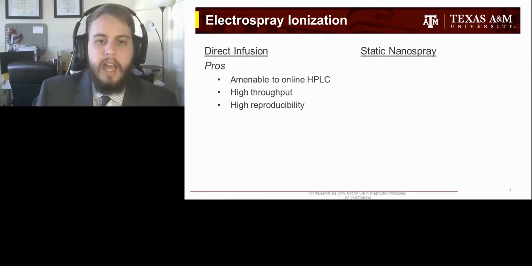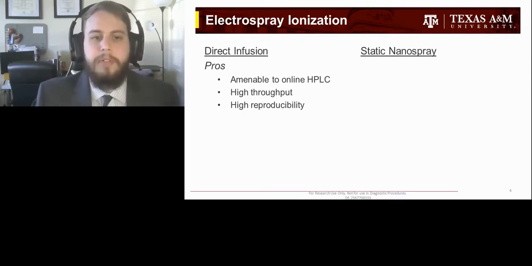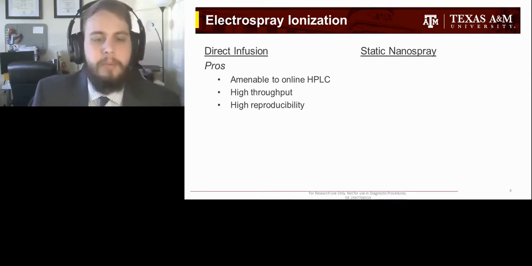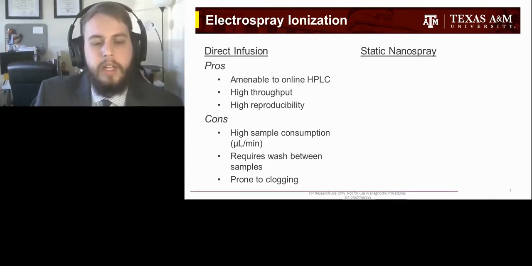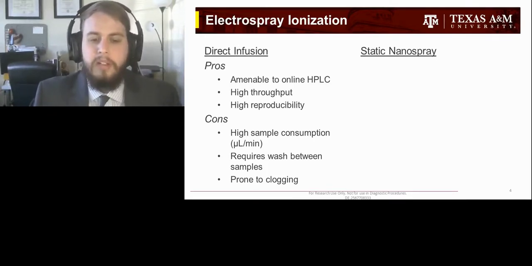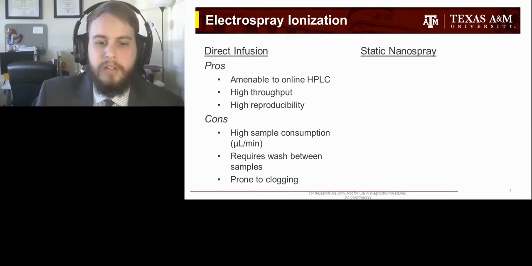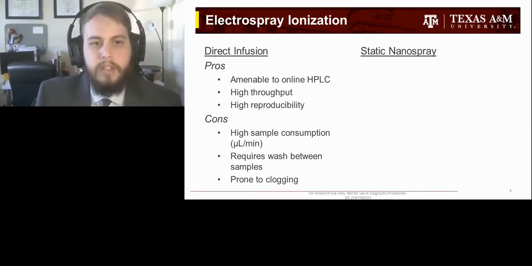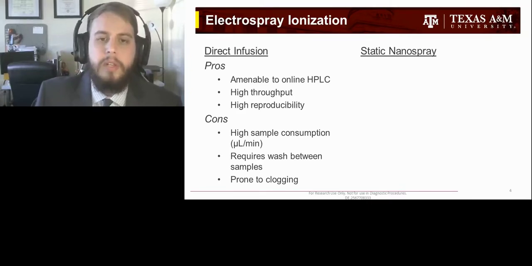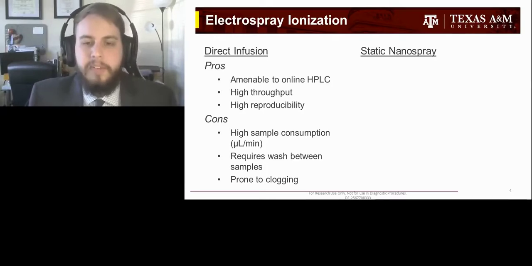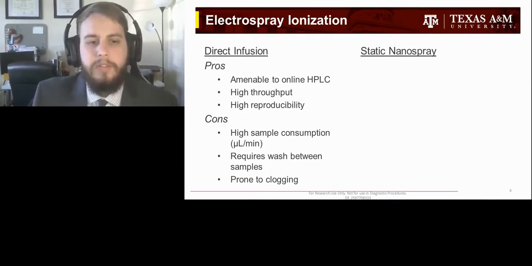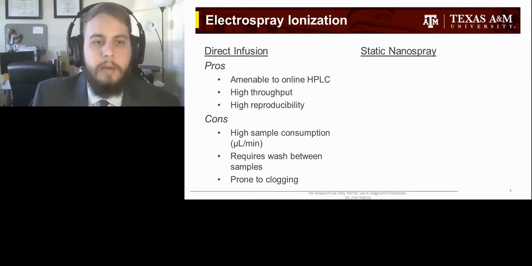which allows it to have both high throughput and relatively high reproducibility from sample to sample. That said, with direct infusion, there's a very high sample consumption relative to static nanospray, on the order of microliters per minute. It generally requires a wash between samples to avoid contamination. And depending on the type of direct infusion used, especially with microflow devices, these devices can be very prone to clogging, which can be very difficult or even impossible to resolve, especially with stainless steel capillaries that might be used